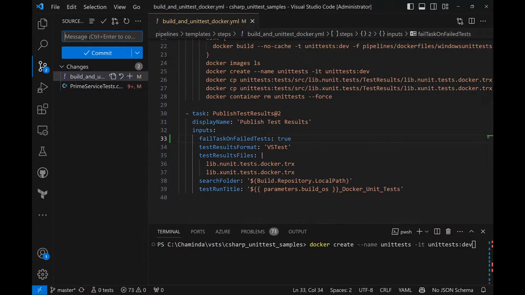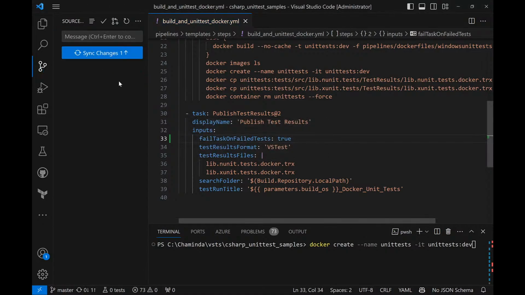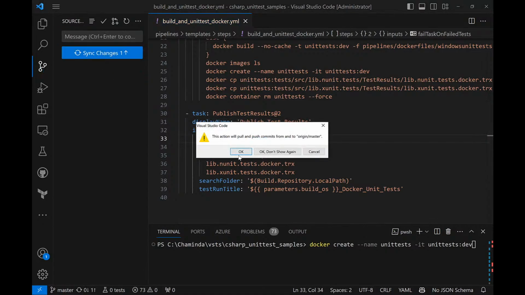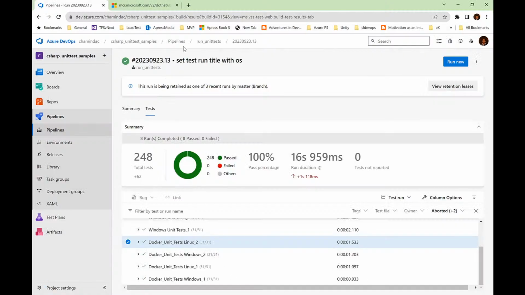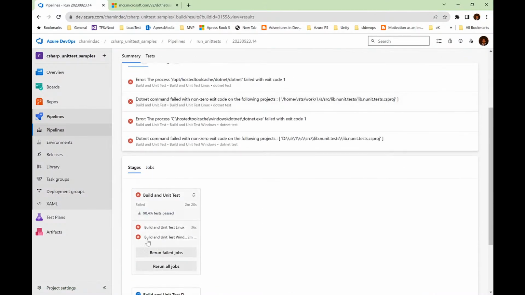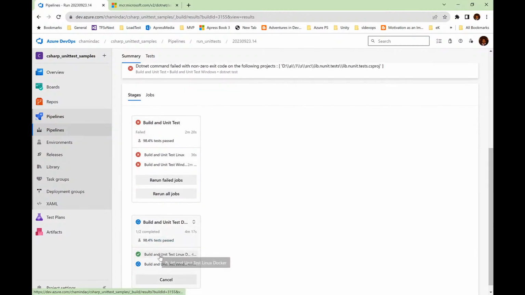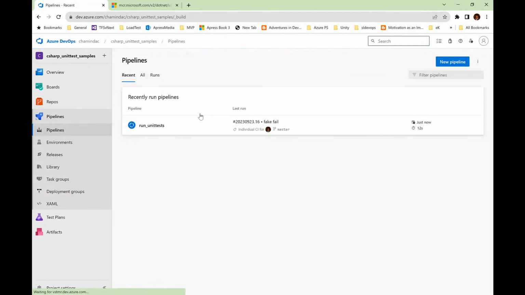Let me say this is fake fail. So last time we should have had a failure test, but still the pipeline has shown it as succeeded. So let's go and inspect that one. Last fake fail thing. Oh, fake failure. It will anyway fail because we do have unit tests here, but from this perspective it succeeded. That is wrong. So this time, the last run, we have